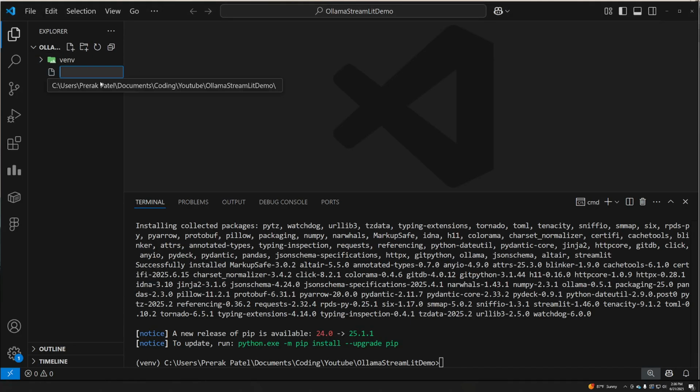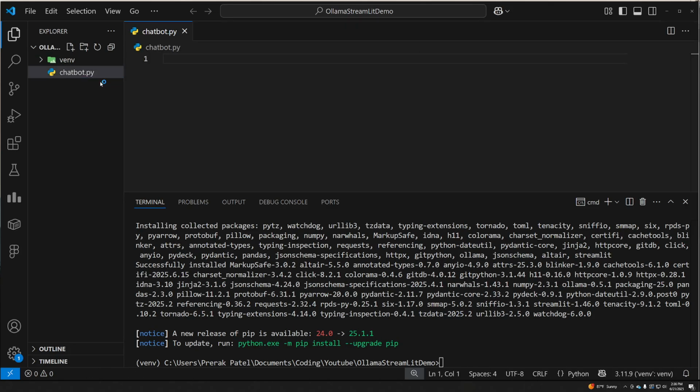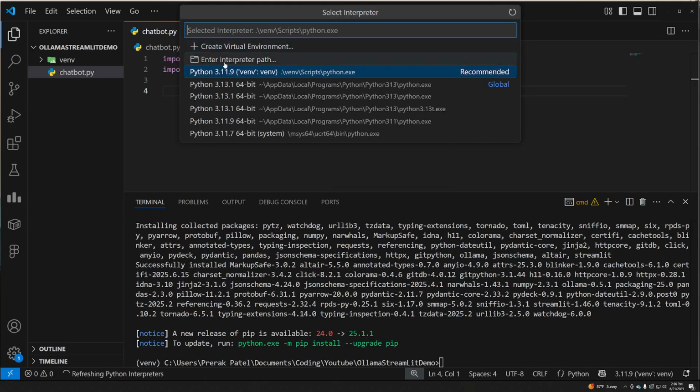Let's create a new file and call it chatbot.py, and let's go ahead and get started. So let's import Streamlit and Ollama. If you encounter an error where it's not recognizing the dependencies, you just want to do Control-Shift-P and then select the correct interpreter.